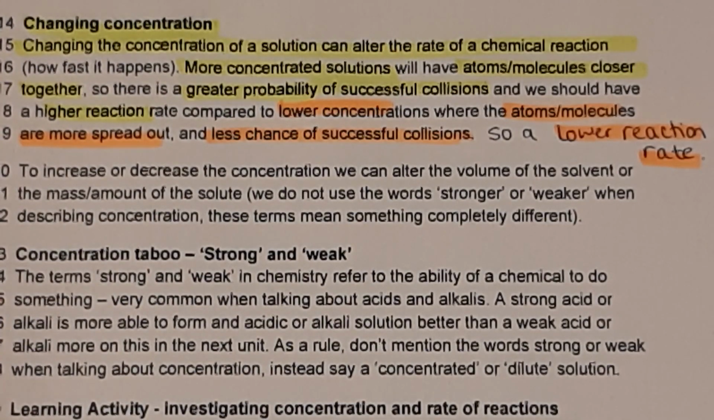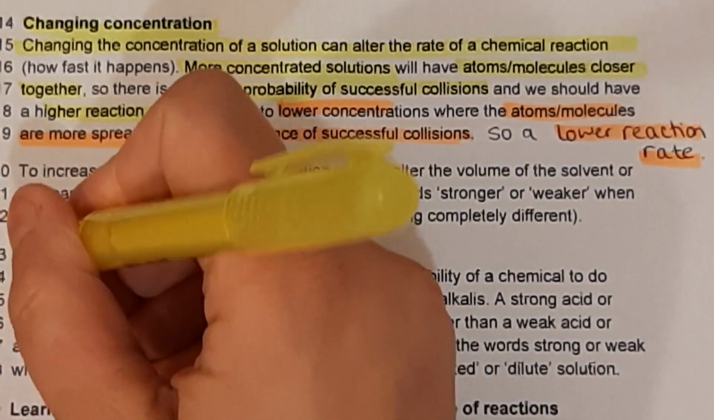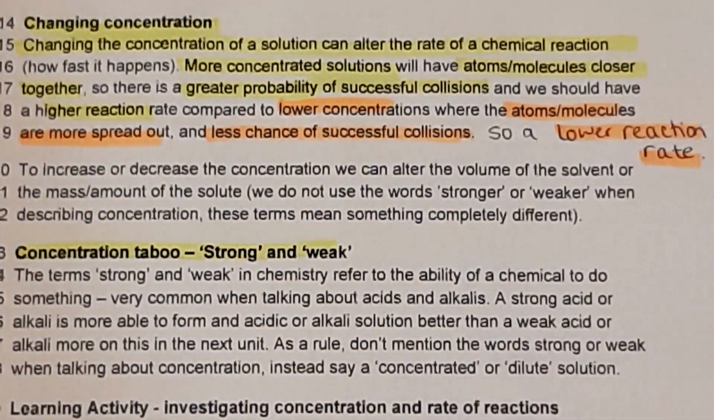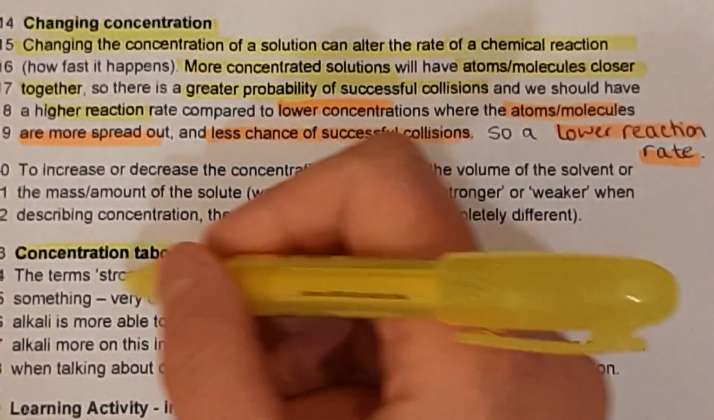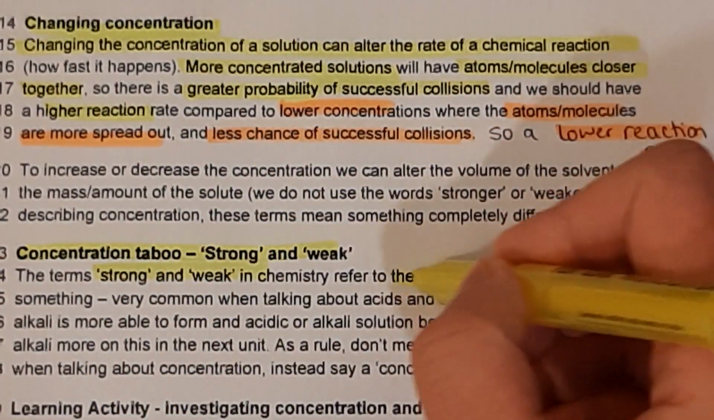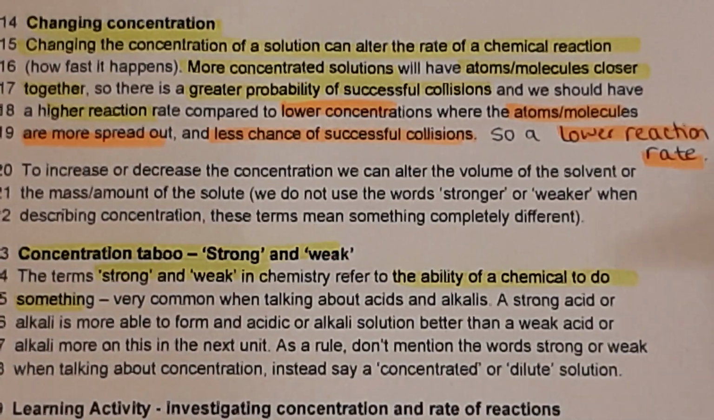High concentration, not strong, and low concentration, not weak. Okay, so the concentration taboo, talking about the terms strong and weak. The terms strong or weak in chemistry refer to the ability of a chemical to do something. Normally we use this when we talk about acids and alkalis. So a strong acid is more able to form an acidic solution or an alkali solution better than a weak